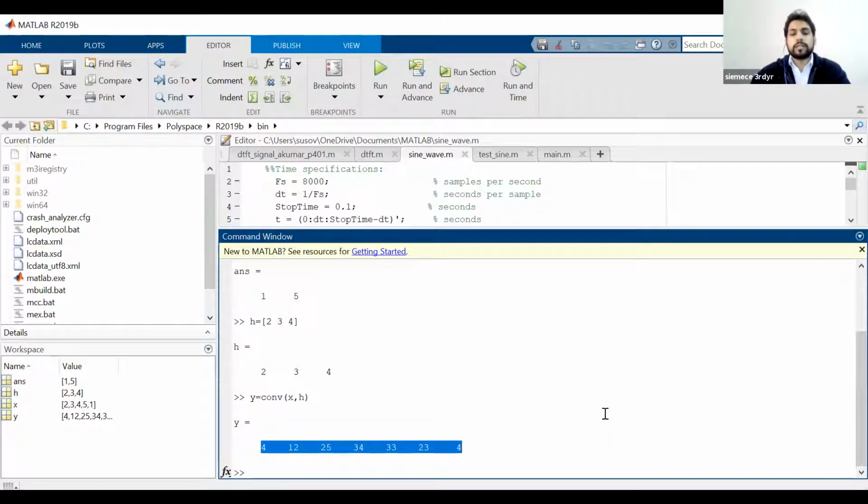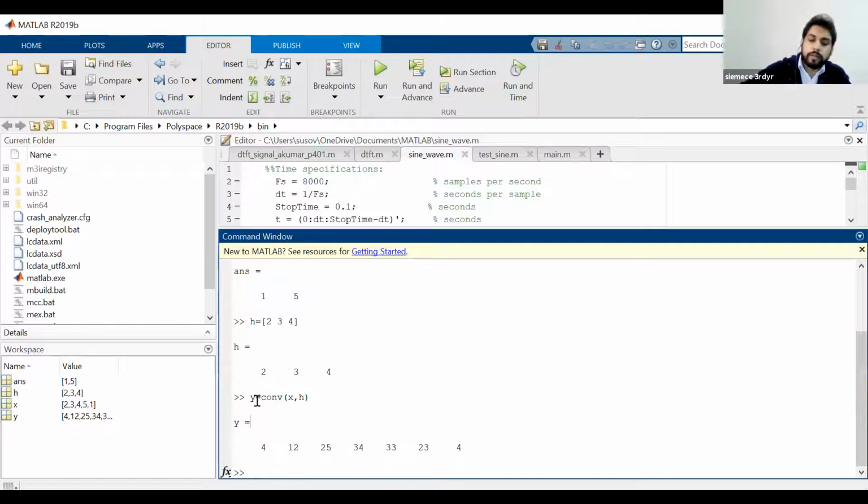You can check this with pen and paper. We already know the tabular form or matrix method, whichever you like, you can check it with pen and paper and verify the result. The result will be the same. So this is a very easy program to perform convolution of two sequences. x is one sequence, h is another sequence. By defining x and h and writing conv, the result is passed to y. So y is a variable where you store the result.